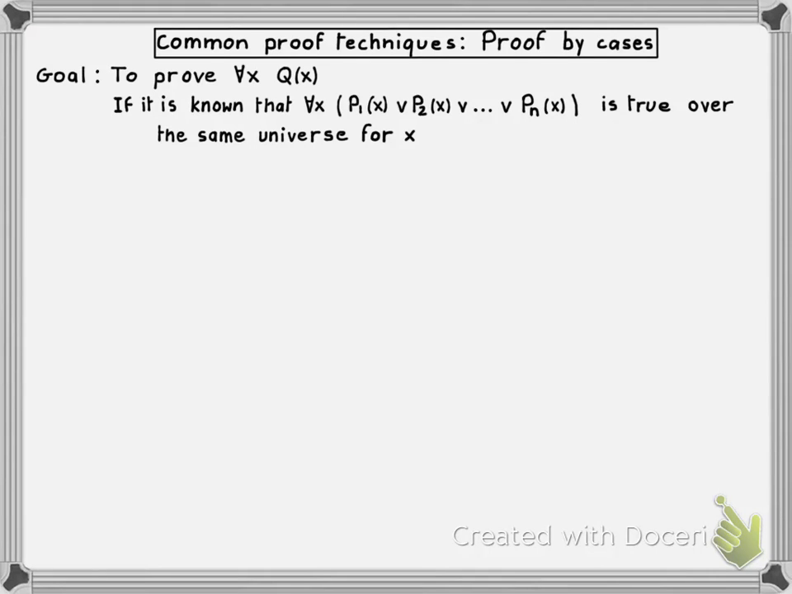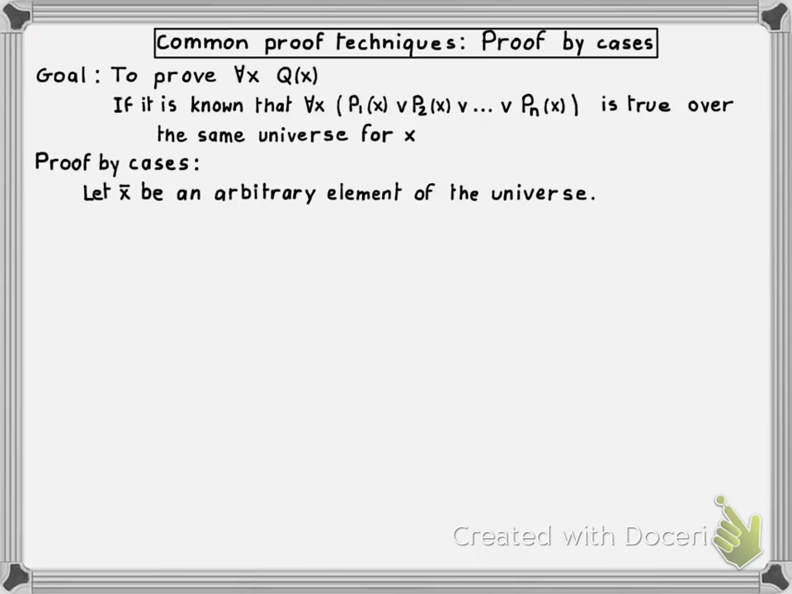Now, here is the actual template for a proof by cases under the conditions set out here. Since we're trying to prove a universal statement, we're going to start by denoting by x bar an arbitrary element of the domain or the universe. And now we can break down the proof into the n cases corresponding to this disjunction. Since we know it must be the case that for x bar, either p1 is true or p2 or ... or pn is true. So case 1 is where we have to prove that assuming p1 of x is true, we can infer